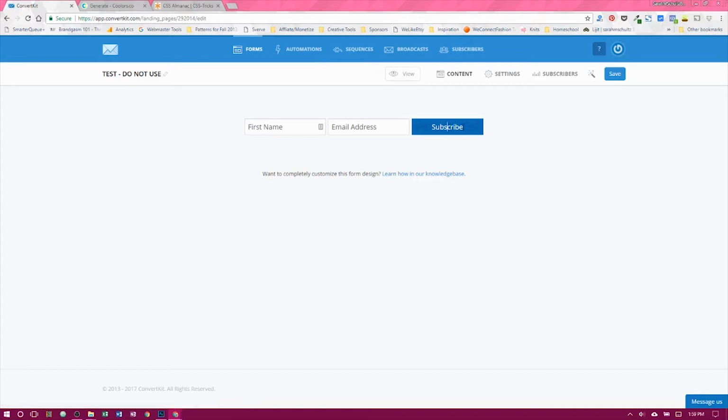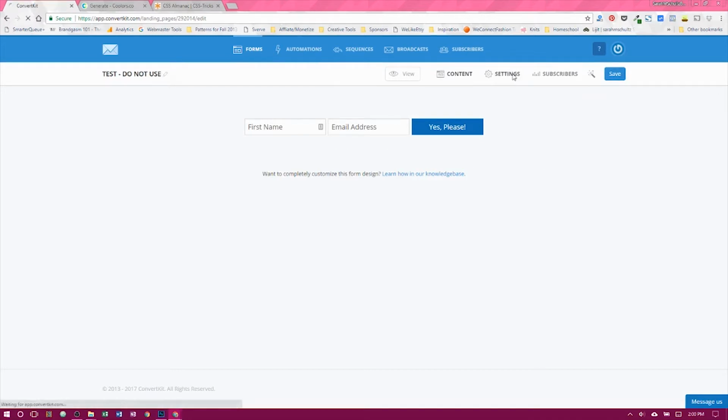Now you can make some changes here, like you can change the text to something else. So we'll put "yes please" on the submit button, and when you click the magic icon you can change the text and the accent and the button colors, but as you can see we're going to do a lot more than just that. So let's save this so it saves our "yes please,"